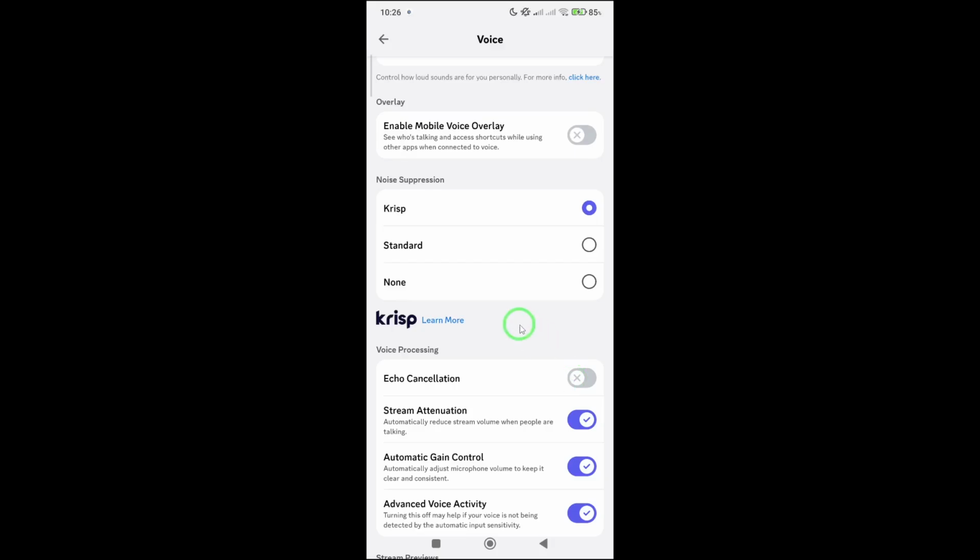After you switch echo cancellation to off, it's a good idea to test your audio. Join a voice channel with a friend or use a quick test server to speak and listen